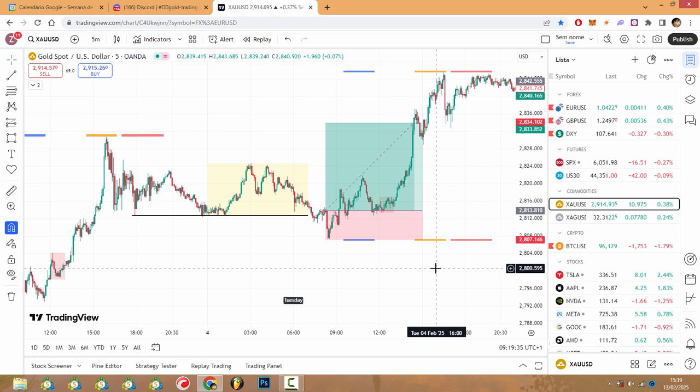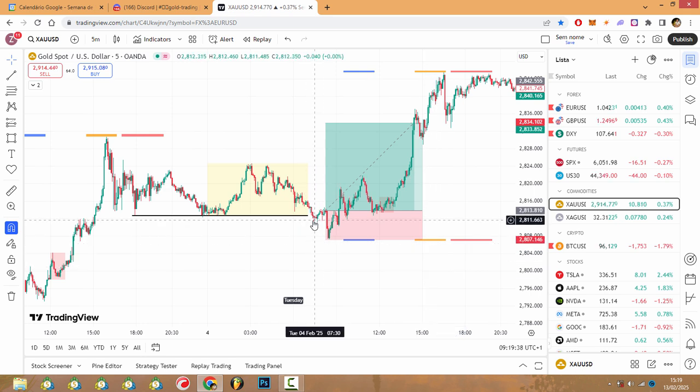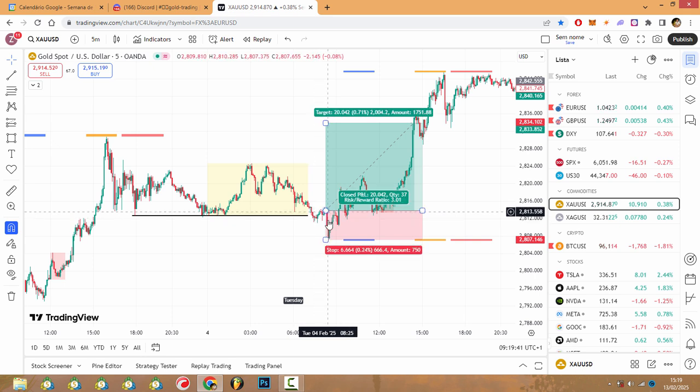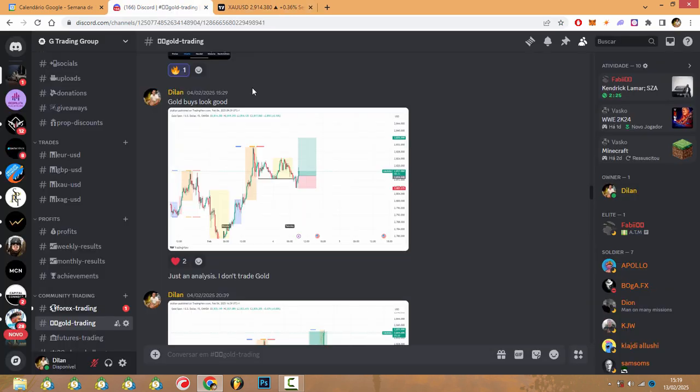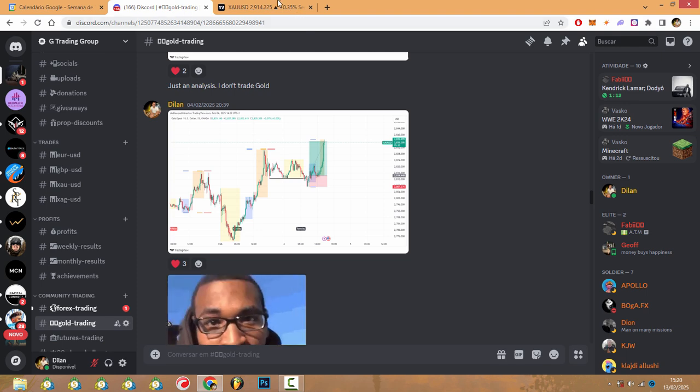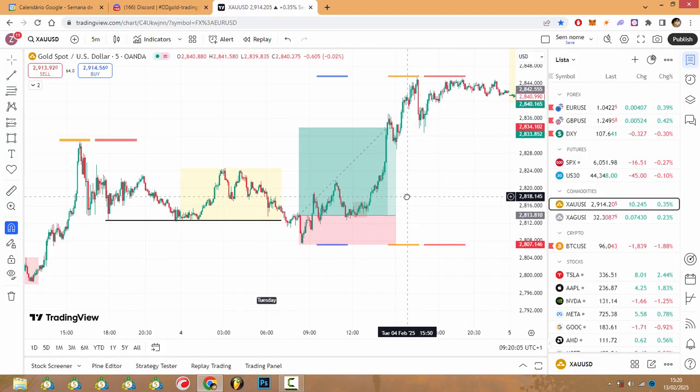So starting off, we got this bit of a simple one. We take out liquidity. We didn't take it impulsively though, but as soon as we take it impulsively with another sweep, with a double sweep, how I like to say it, we can continue to run into all-time highs. I think I gave out this in the Discord channel, like gold buys look good, but I was just looking at the chart. I don't even trade it. Just an analysis. I don't trade gold. And next thing you know, it just goes to TP. Alright? Not by chance, it's just like we had a perfect case of AMD: accumulation, manipulation, and distribution.